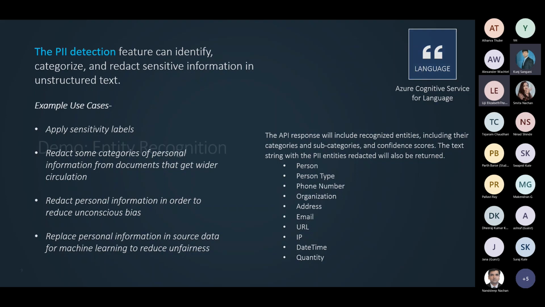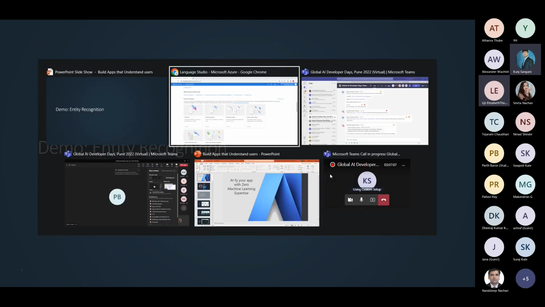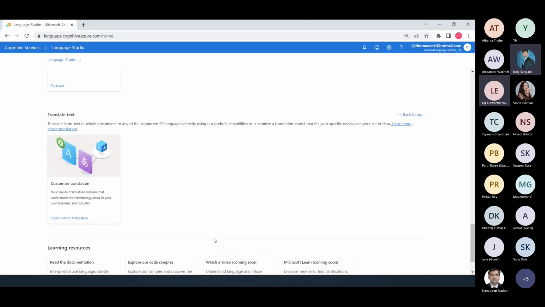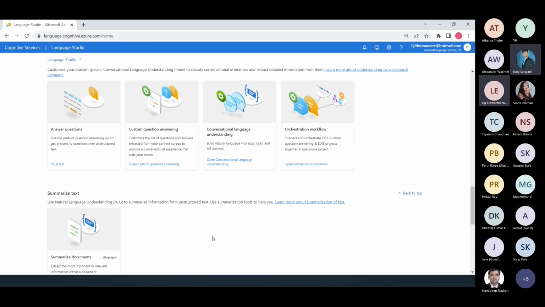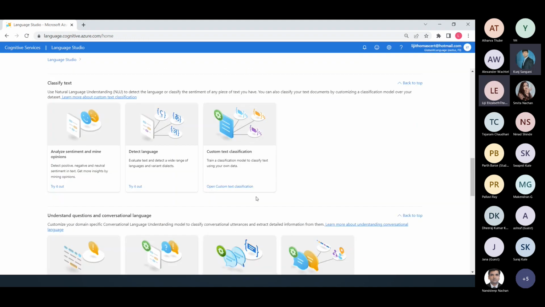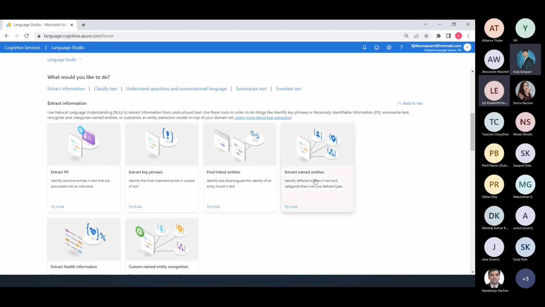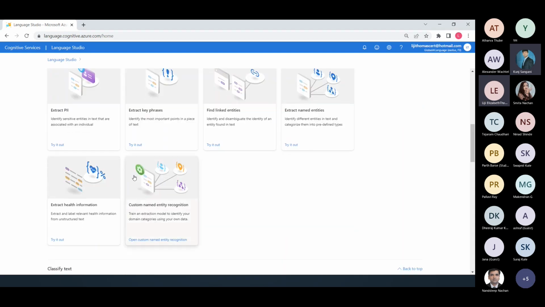So all up, all this and more is available out of the box using entity recognition. Let me quickly show you that. There is a lot in Language Studio that is beyond what we would probably cover today, but feel free to create a resource as we discussed and explore the Language Studio. As you can see, they're separate for extract named entities. If that's all you want, you can go on to create custom named entity recognition. That's creating a new project altogether, and you can go and try that out.